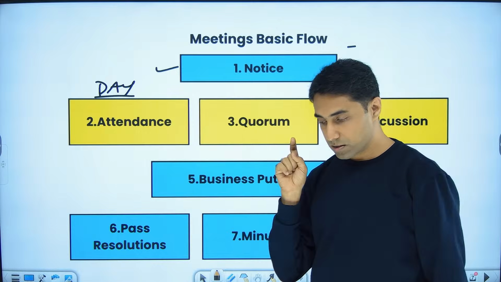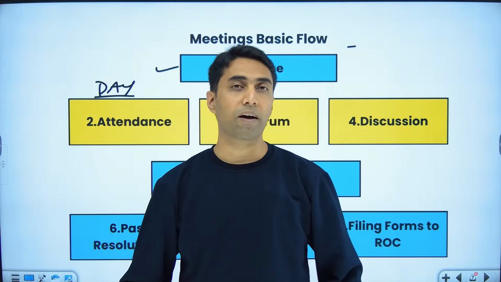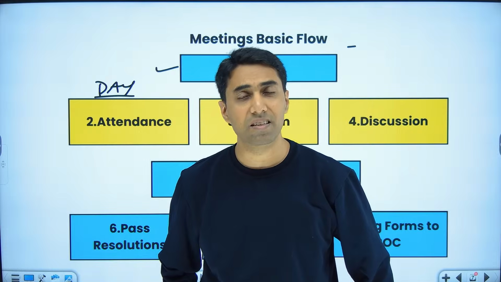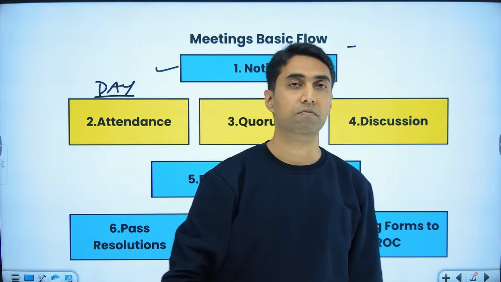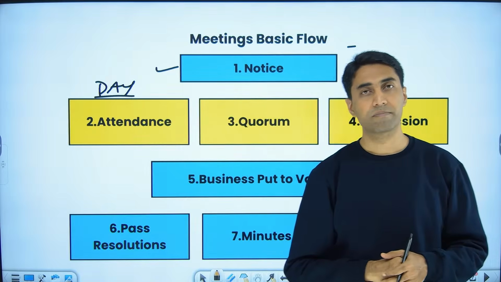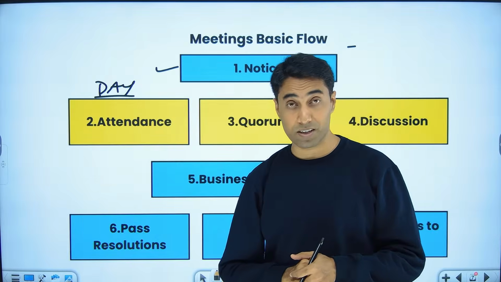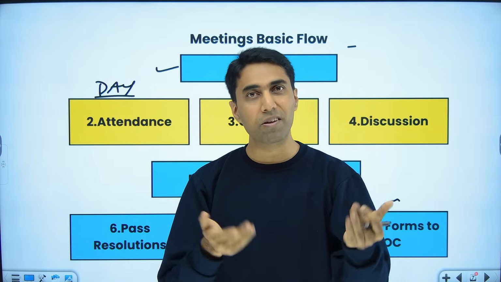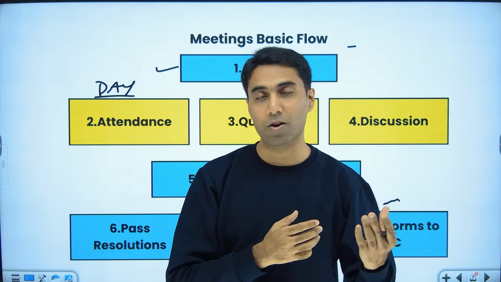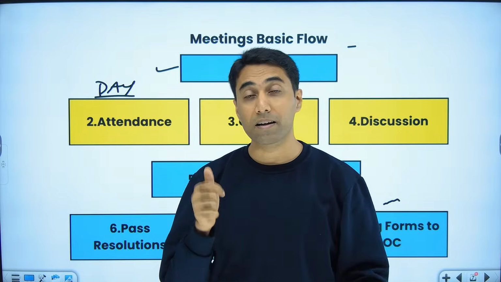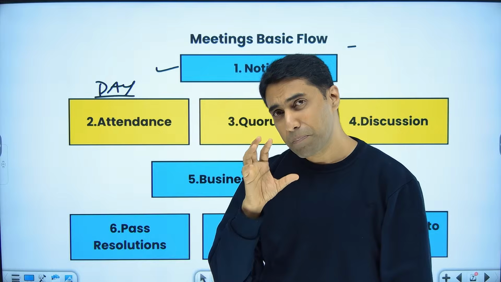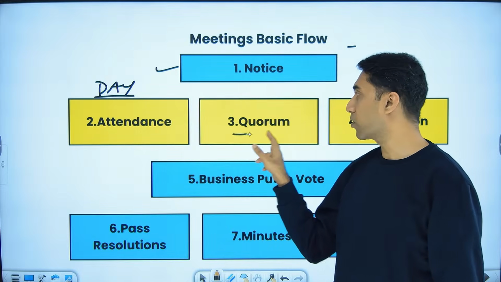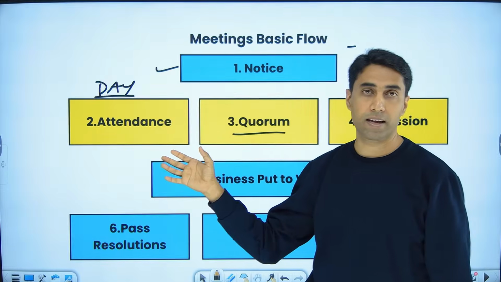Why? Because if you want to have a birthday party, let us say you have 10 friends and only one friend comes. Will you feel like celebrating? You call 10 friends, but only one friend comes to your birthday party. You feel, I don't even feel like doing it. There you feel like not doing a party. But here the law says that there should be a minimum number of people to organize your meeting. That is the quorum. So you call them, you take attendance.